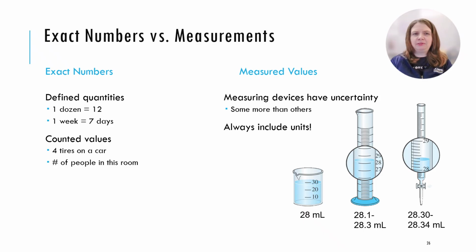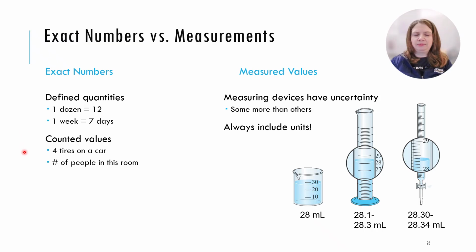Exact numbers are defined quantities. For example, 1 dozen is defined as exactly 12 items. A dozen donuts is 12 donuts, and a dozen eggs is 12 eggs. Another example is 1 week is exactly 7 days. Exact numbers can also be counted values, such as the number of tires on a car or the number of